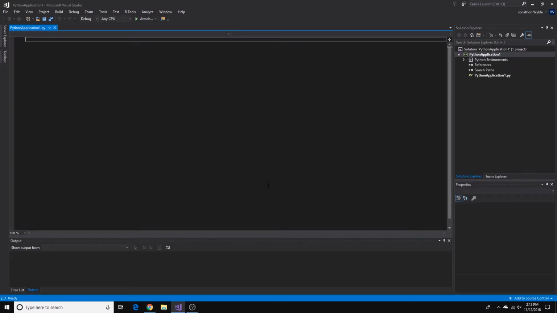And first we're going to type print, parentheses, quotation marks, hello Visual Studio. Press enter and then type import space sys. Press enter again and then type from math import cos, radians,